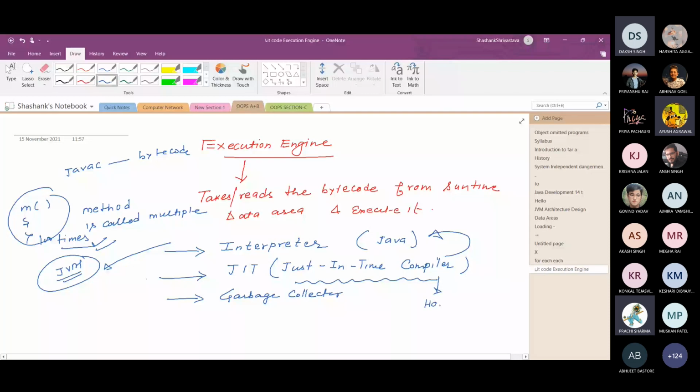What will the hotspot profiler do? The hotspot profiler scans the bytecode and checks which particular set of instructions is executed multiple times.